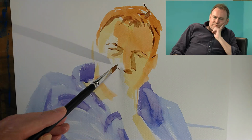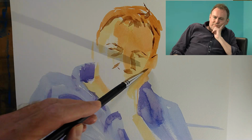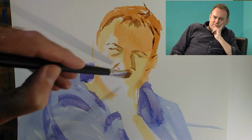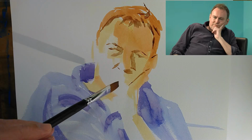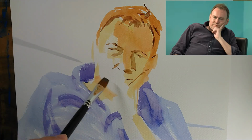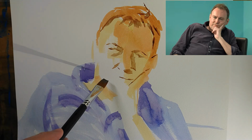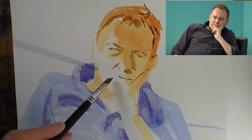So even when I'm drawing in more detail here, I'm trying to draw in shapes where I can. So for example, the eyebrows, difficult to do much with that other than a line, although even there we can think about the shape of each section of the line used for the eyebrows. But then when it comes to the shadow to the right of the nose, under the nose, slightly to the left of the nose, and now on the right